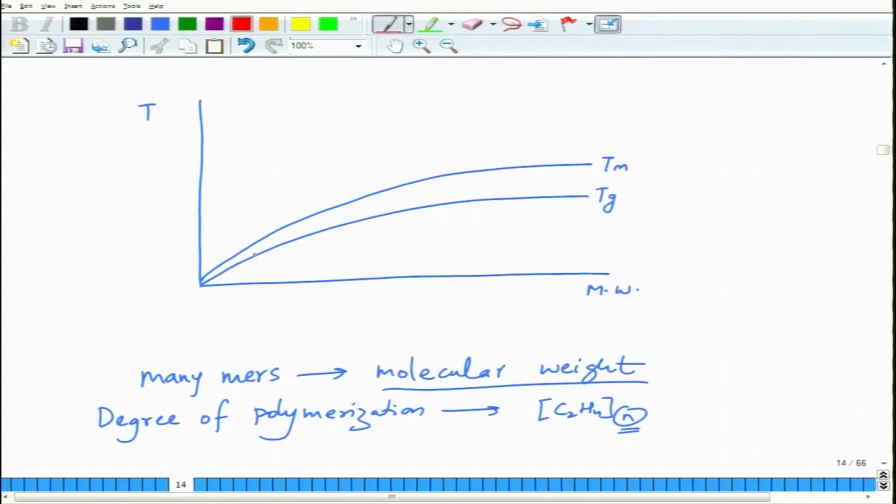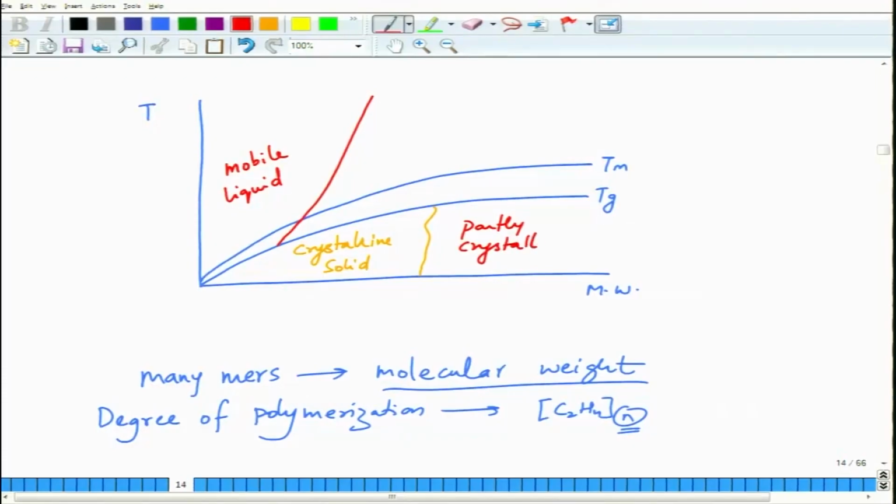Let us say this is a region up to which it remains a mobile liquid at high temperatures. At lower temperature, basically there are two regions, loosely drawn. In the first region, it is basically a crystalline solid. Okay. In the second region, it tends to become